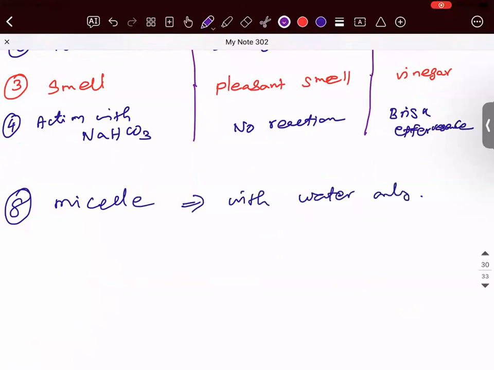And then 9th question. Why are carbon and its compounds used as a fuel for most applications? So you have to tell the combustion. Carbon and its compounds are used as fuel for most applications because they produce a large amount of heat